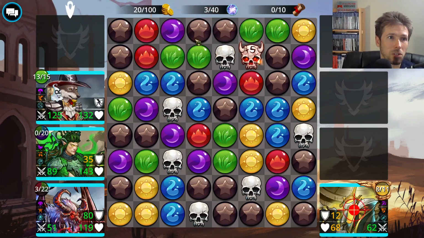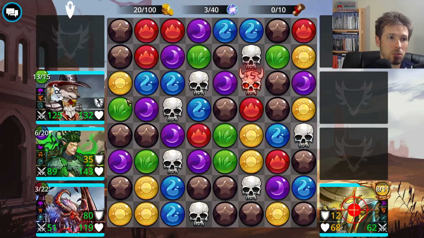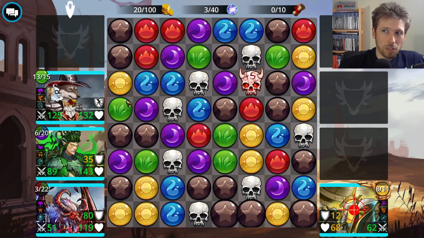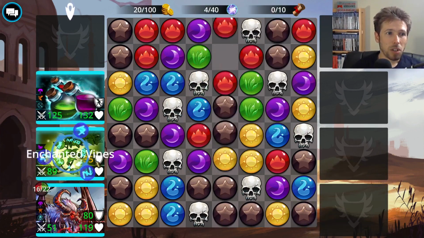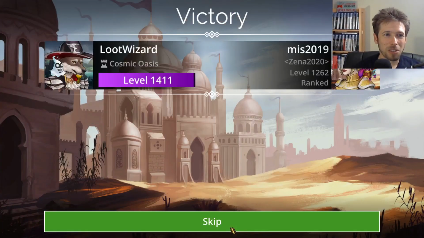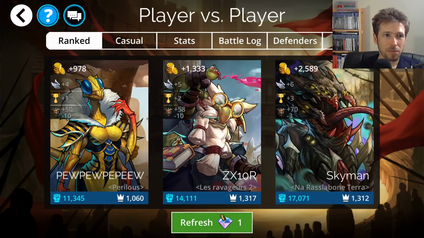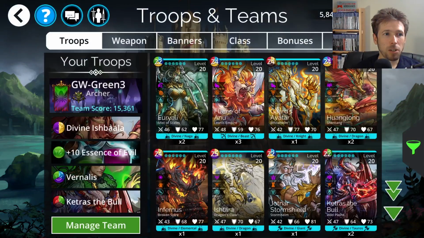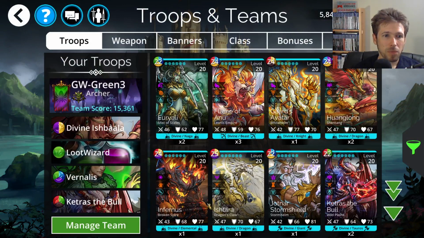Okay. Let's see. Not much for gems falling down. Wow. Okay. Just wish I had a better mana generator. Well, instead of Catcher's to Bull, let's pick something that doesn't have green in it so we can...